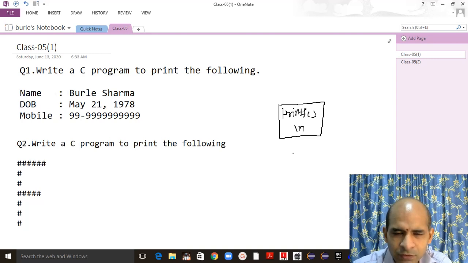First try to solve on your copy. Once you have completed the answer in your copy, if you have a system then go to the system and practice. So now start doing the work. Hope you have completed the answer. Now let me show you the exact answer and how it looks.